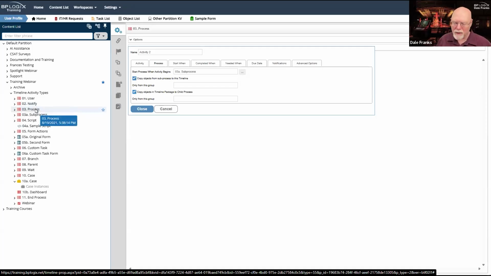This is the parent timeline. This is my main process. This is the one that called the sub-process. So anything that I do inside the sub-process timeline that is attached to that timeline is automatically going to be surfaced whenever that sub-process ends. All of its attachments, if they don't already exist in the parent timeline, will be sent back up to the parent timeline. So you will always have a result in your parent timeline of all the attachments that were created in the one or more sub-processes that you ran as part of the parent timeline.